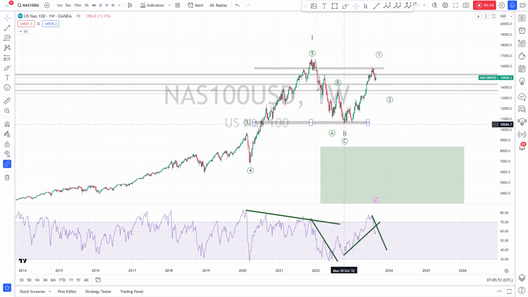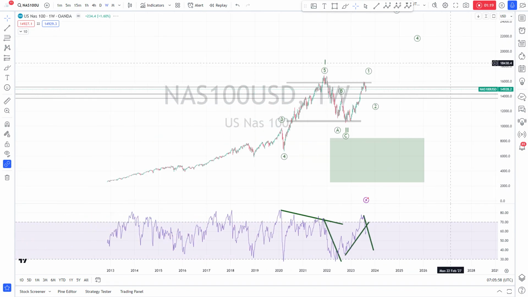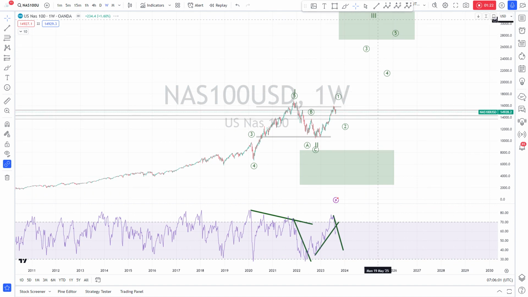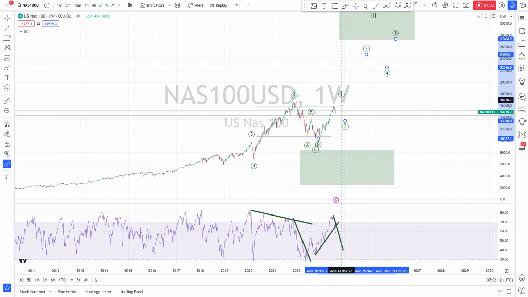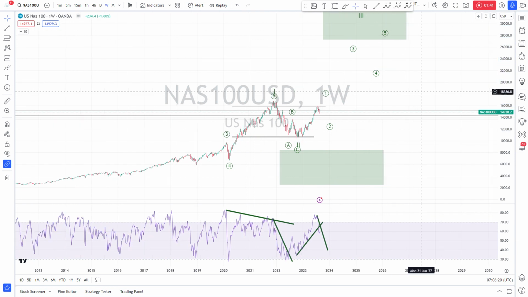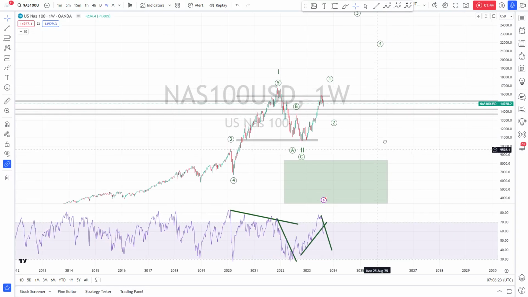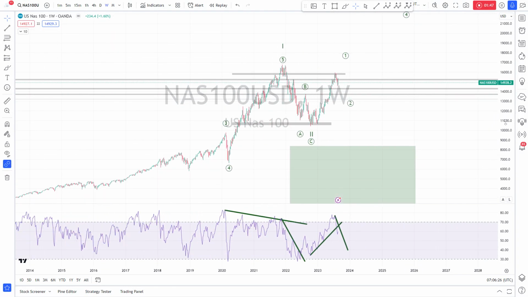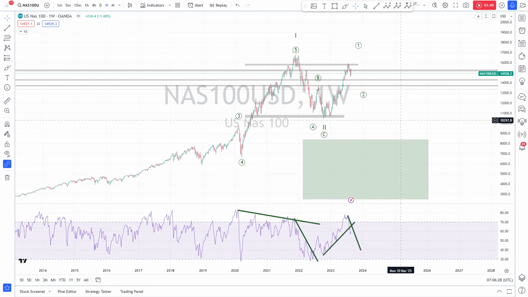So here we did not reach this 0.5 level, and from here it looks like we have another impulse up here, which would then be part of this higher degree wave 3. So this target here should be again in 5 waves. So I believe we are currently working here on this wave 1. So wave 1, then wave 2, wave 3 up, 4, 5 into this target area here. This looks very bullish, but of course there might also be other scenarios playing out in the weekly.